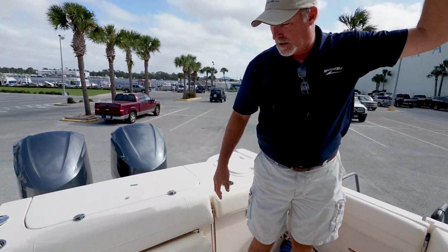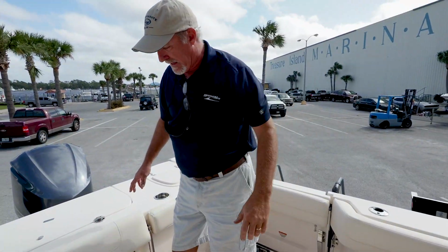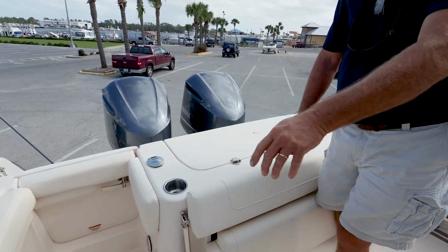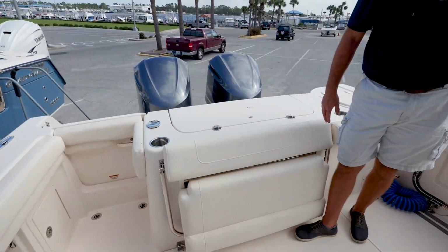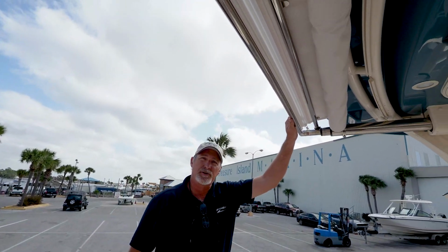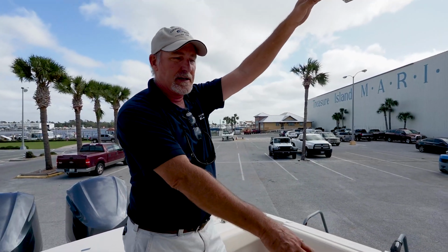Up aboard on the cockpit of this boat, ready to go fishing. We have all the seats down in their locations. So you have got tow rails, padded combings for fighting that fish, same on each side, has a boarding ladder. This boat's extremely well equipped, has the power electric sure shade for when you're sitting out on the island just killing time, power seat, reclining seat,